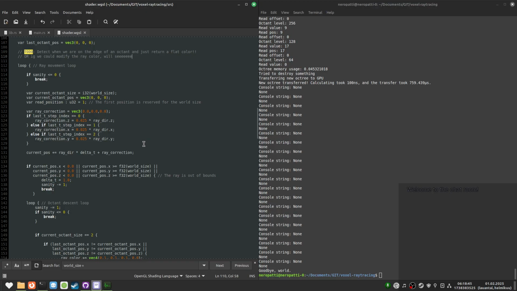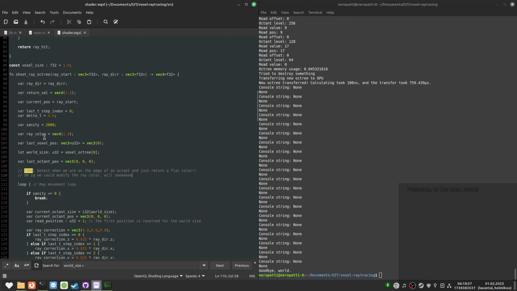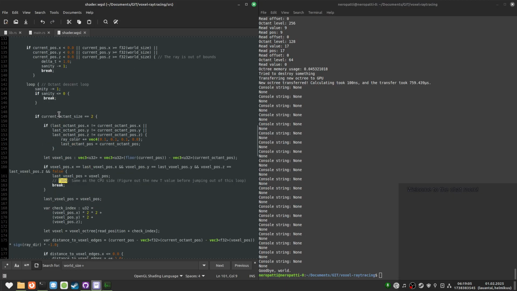So the current way the rendering works is we have our ray color, and then, where's the thing here, yeah, we keep track of the last octant position, and then we just add this to the ray color whenever we go to the voxel level, basically.